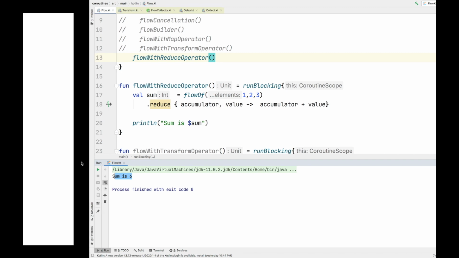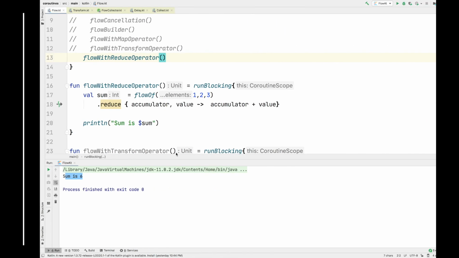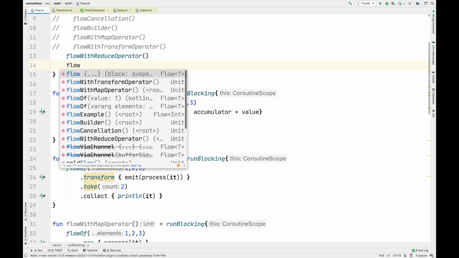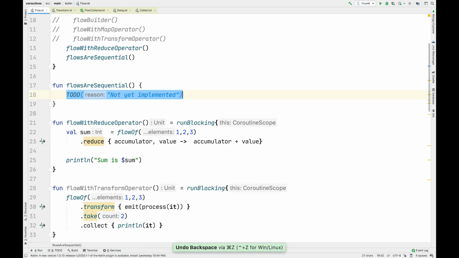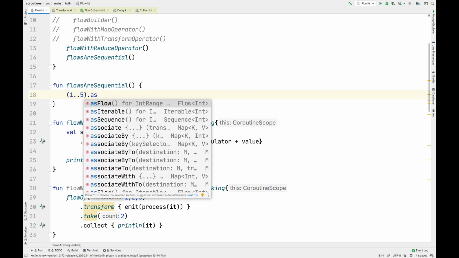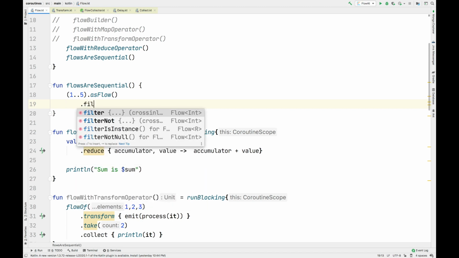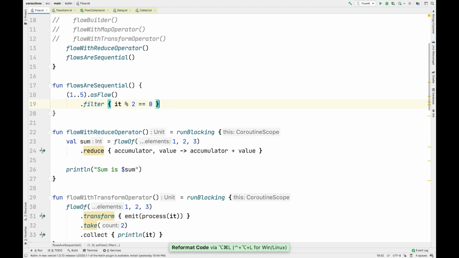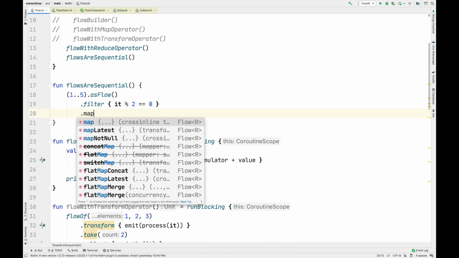Okay, so next we will see that flows are sequential. Here I will write a function where I'll show you that flows are sequential. I will call this function flows are sequential. Inside this function I'll create a flow of 5 elements. I'll use a range from 1 to 5, and then use the extension function asFlow. I'll add a filter method where I'll filter out all the odd values, and then use a map operator.